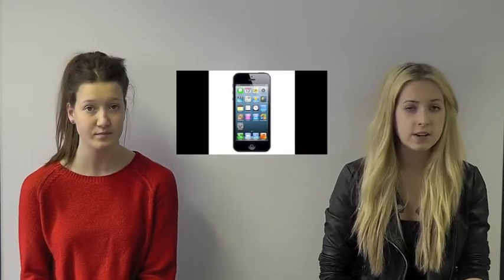Yeah, although apart from the cameras and the tripods, we had to use quite a lot of our own technology to communicate with each other and to play the music while we were filming. So we used my iPod, which had the song on, and we used our phones to communicate and text and tweet each other. We could use our phones because they have cameras on them, so it was easy to take photos and then upload them straight to Blogger and also to Twitter as well.